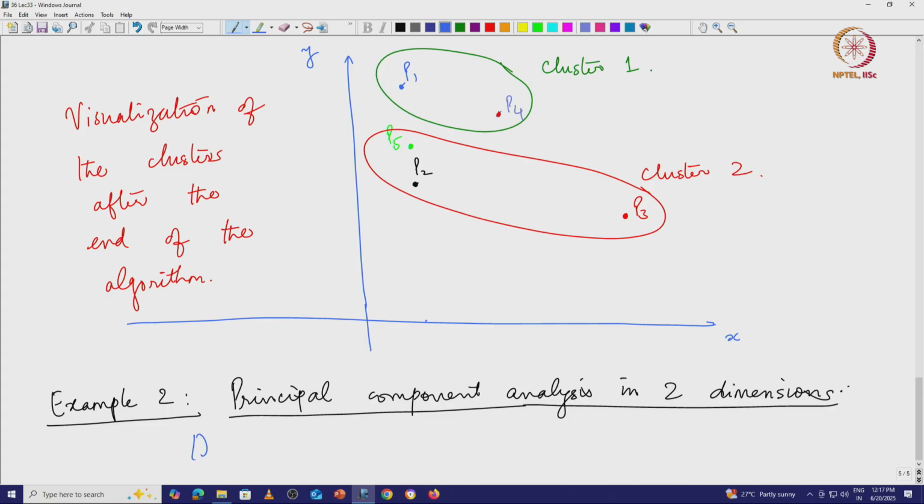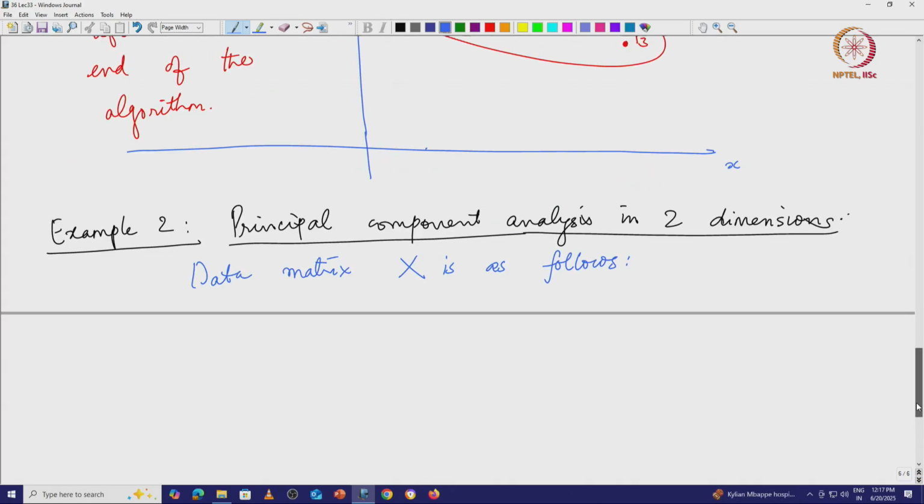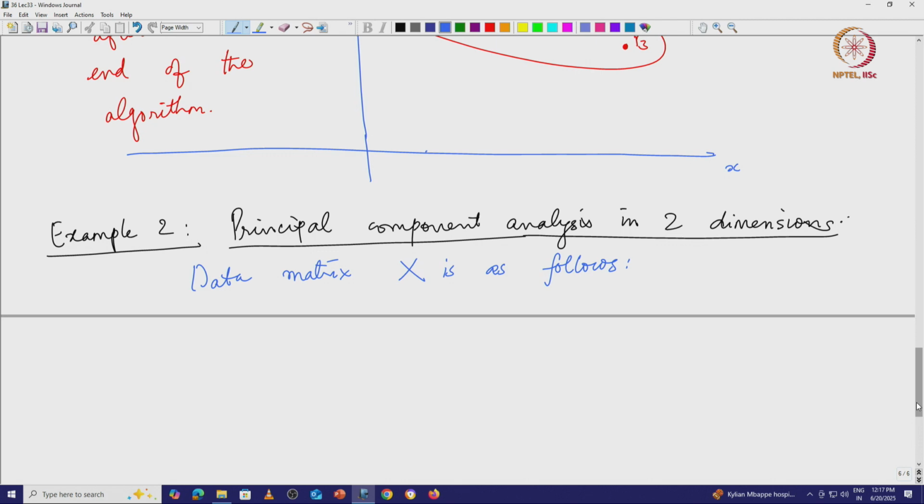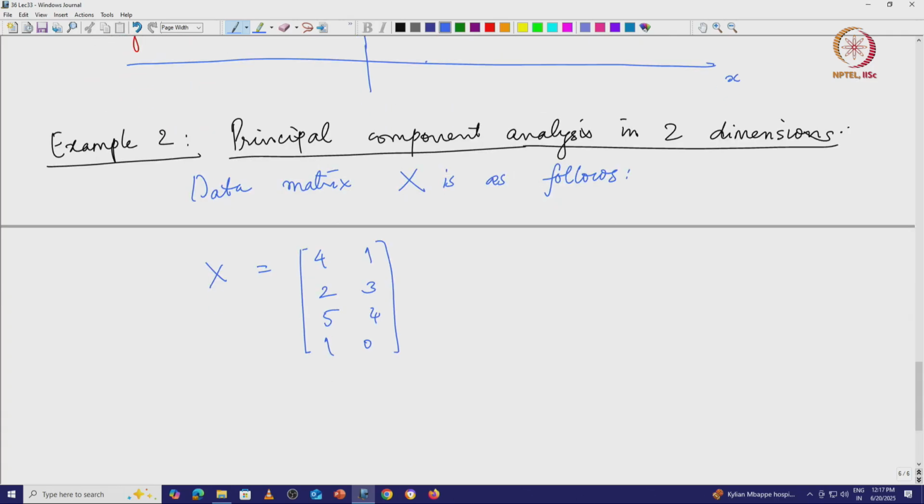So the data matrix X is as follows. Again there are 4 points here just to make it easy for us: (4, 1), (2, 3), (5, 4) and (1, 0). So that is the data matrix, and if you remember how we go about principal component analysis, first